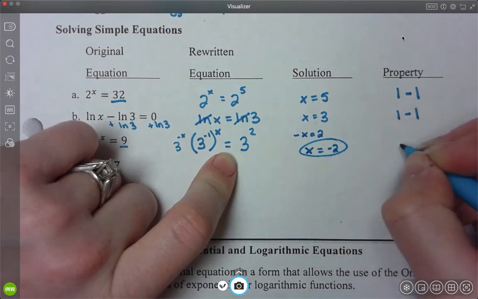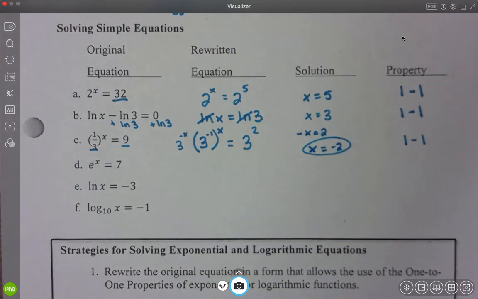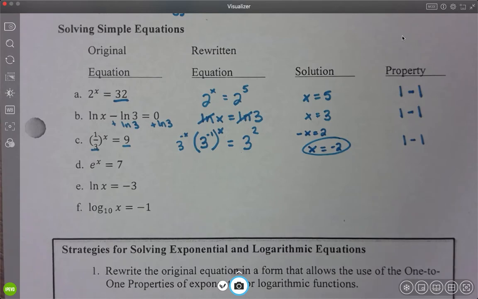And that's another one-to-one property that I just did. So I converted those bases, and then I solved. All right, now,